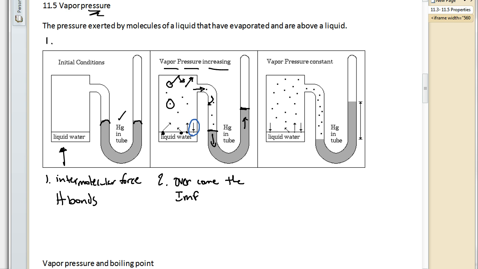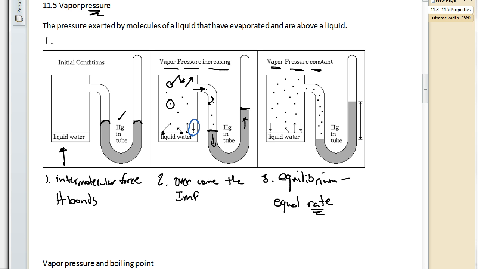We've got a water molecule that's re-entered the water. Now that's going to happen sometimes. Now over here on our third diagram, our vapor pressure has become constant. And so what that means is we have an equilibrium. An equilibrium has occurred. And really what an equilibrium means is we have equal rates,